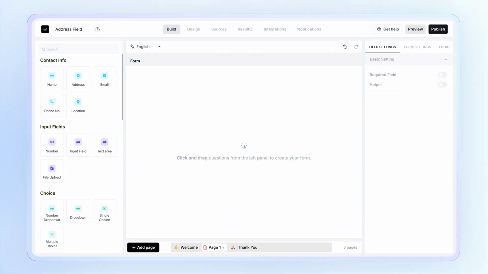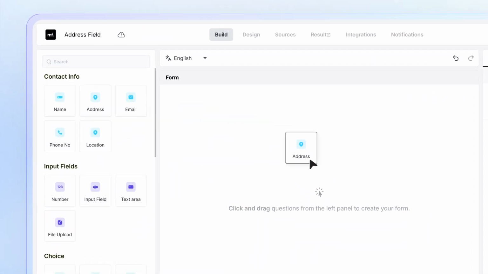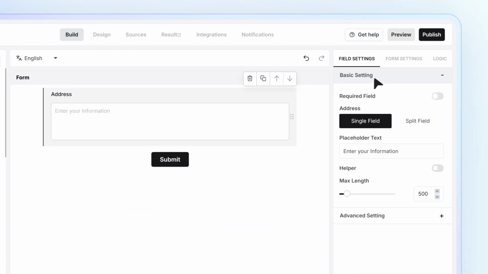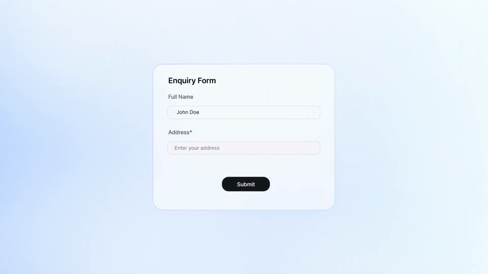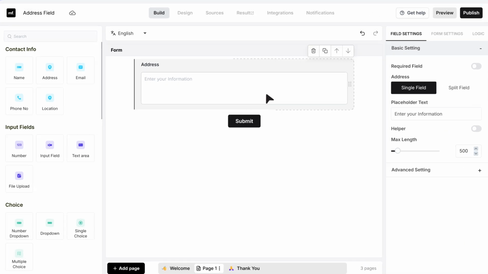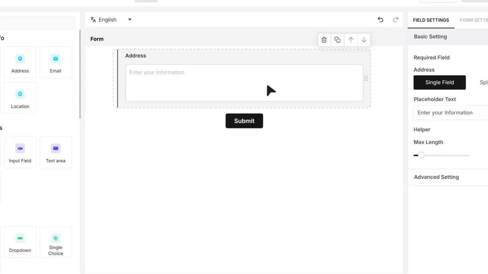To get started, add an address field to your form. Let's begin with the basic settings. At the top, you'll see a toggle for required field. If this field is left blank, the form won't submit and an error message will appear prompting the user to complete it. By default, the address field appears as a single input box, perfect when you just want one complete